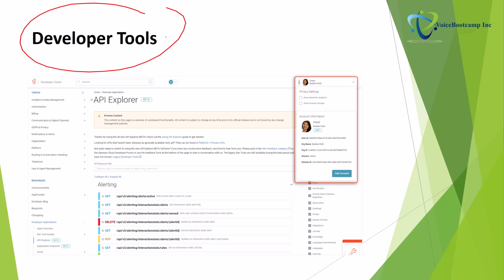You also have web messaging, which basically lets you create a chat interaction for your Genesys Cloud organizations. Search Query Builder. Now, Search Query Builder allows you to perform searches in your organization, regardless of the division, queues, or the group. Last but not least, the tools that you have most commonly